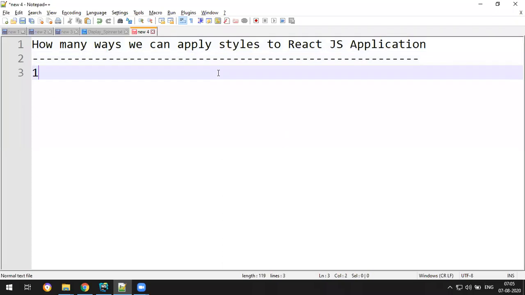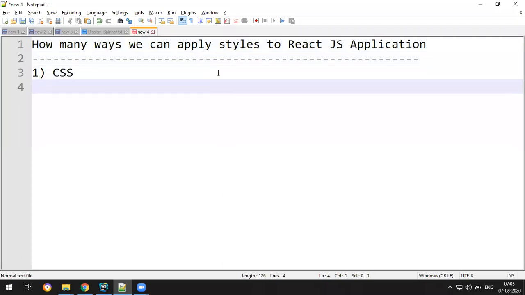The very first one, what we have seen yesterday, the regular thing, is CSS. The plain CSS we write from scratch, and we can develop a website, or else we can use Bootstrap. Bootstrap is the world's most popular front-end library of CSS, with ready-made components.